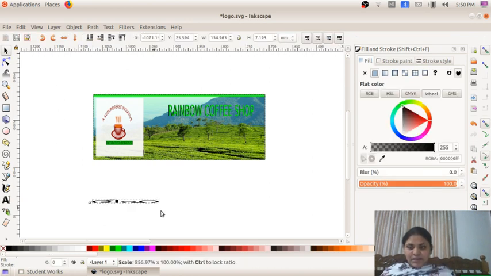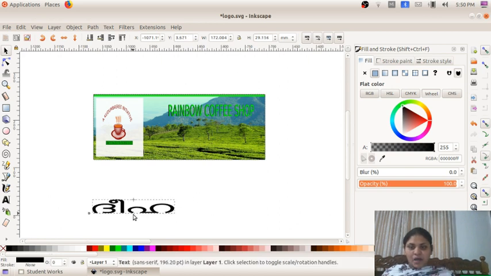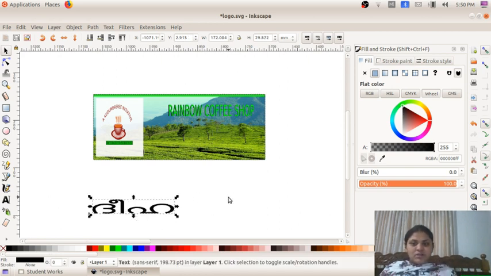I will maximize this. What was that? Dimha. This one is the actual word meaning of this Oru. So what we are typing on the keyboard and what is showing is different. So we will not get the output we wished for. For that we have to install some software. We have some software for that. By using the software we will get the correct font and correct meaningful words.